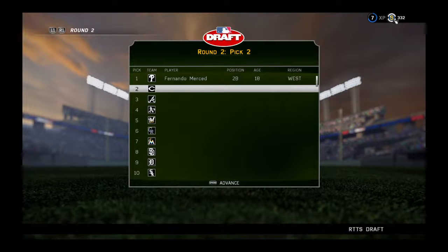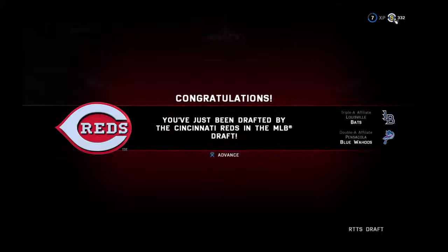With the second pick in the second round, the Cincinnati Reds select Stephen Eckert, a center fielder from the East region. Okay, so we're making our way through the...